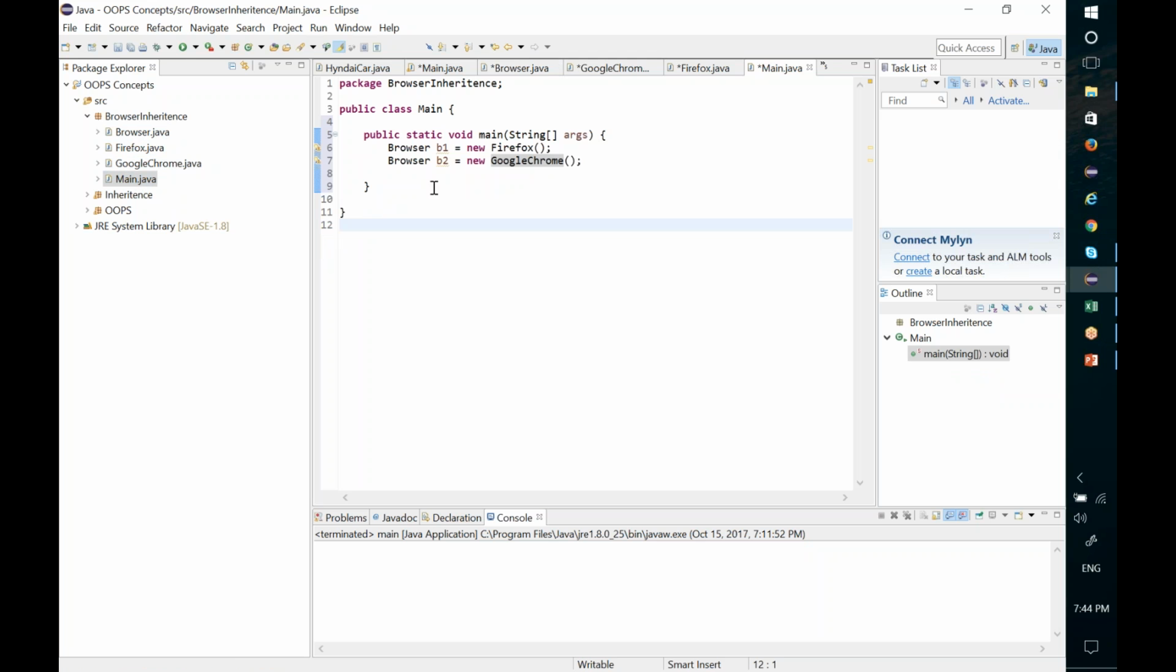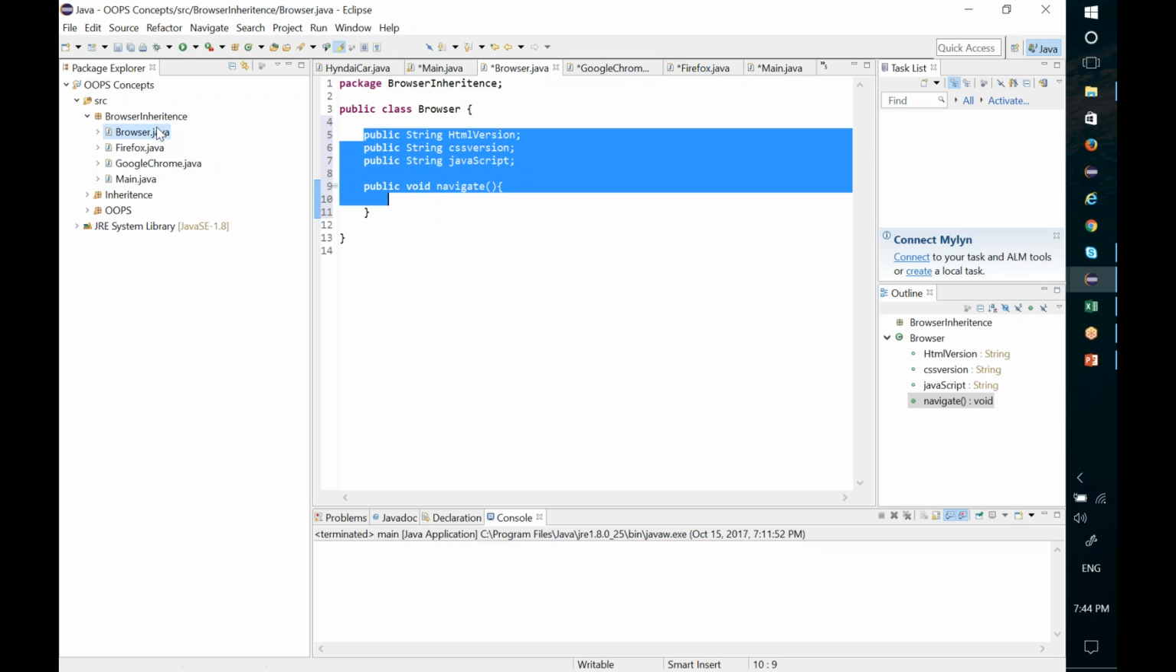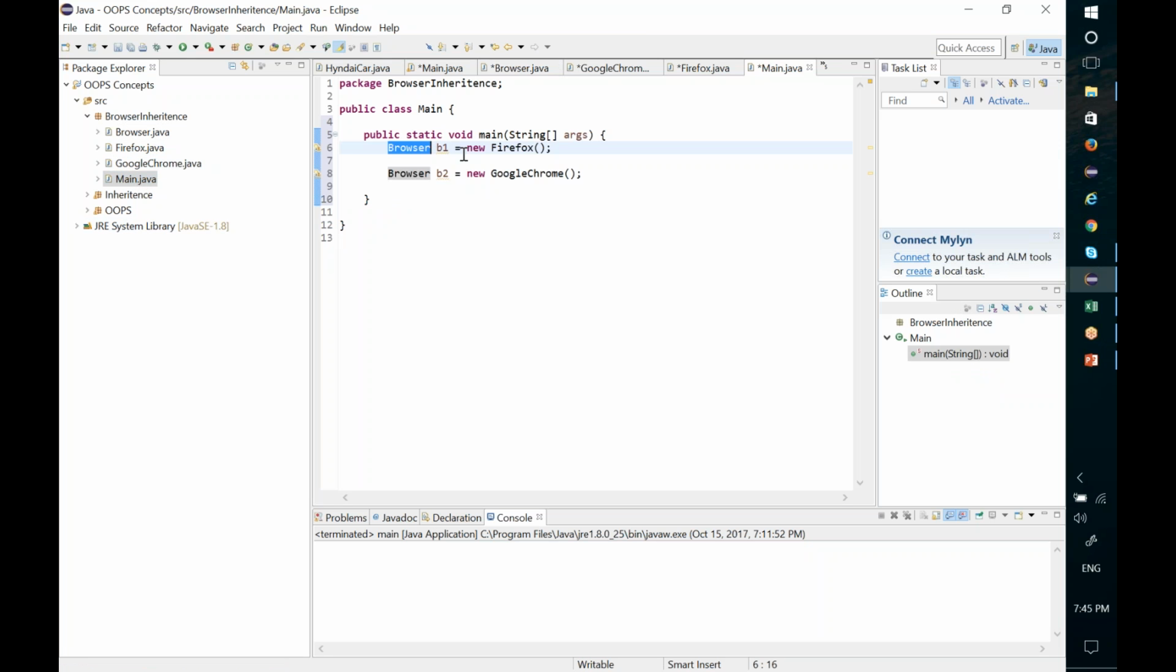So I can create browser b1 is equal to new Firefox and browser b2 is equal to new Google Chrome. Because here, on the left hand side, the browser is nothing but the definition. I mean, from where you are getting the methods and functions, that is from this class. You have like 3 variables and one function, and from where you should call the implementation, you should call it from Firefox. So if I say b1 dot,